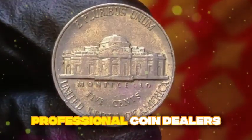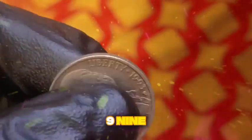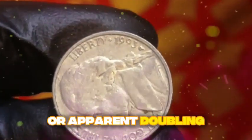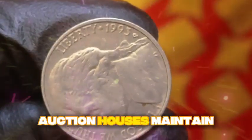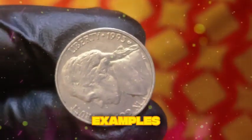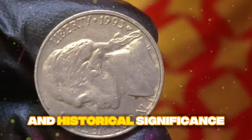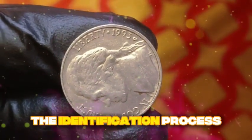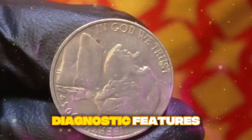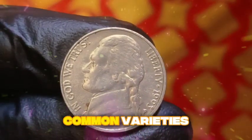numismatic history. Professional coin dealers now regularly examine any 1993P nickels that show unusual coloration or apparent doubling, and several major auction houses maintain standing offers to purchase any newly discovered examples at prices that reflect their extraordinary rarity and historical significance. The identification process requires careful attention to specific diagnostic features that distinguish genuine error coins from common varieties